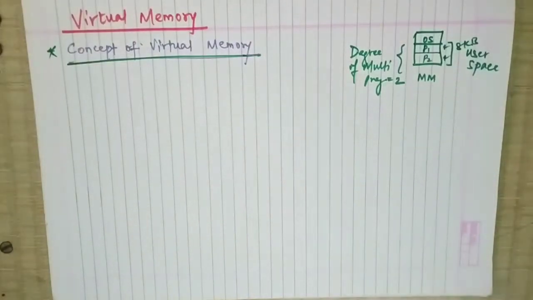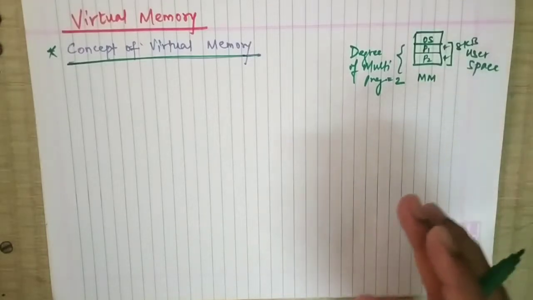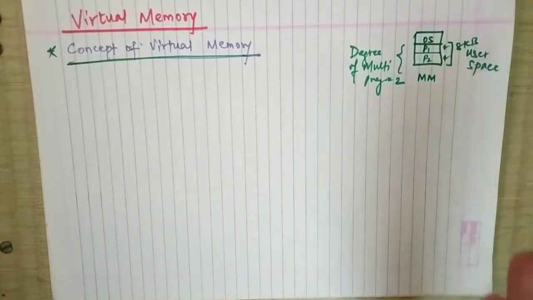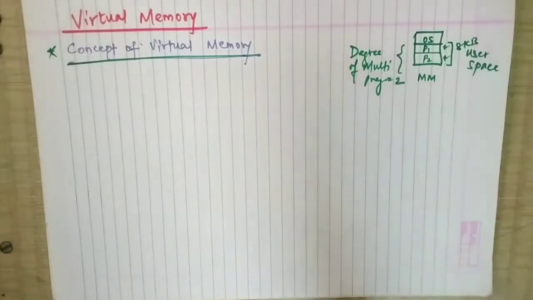Now the question comes: what if we have a process which has a higher memory requirement than what is available in the memory space? What can we do in that situation? We will run out of memory space, so we will not have enough memory to execute our process in the given space. Virtual memory is the feature of an operating system